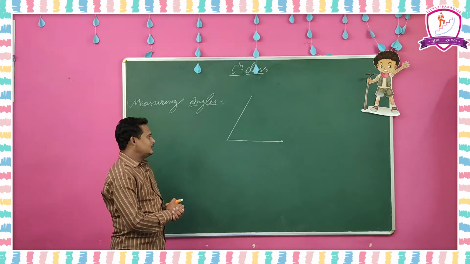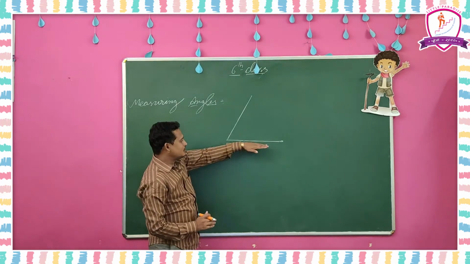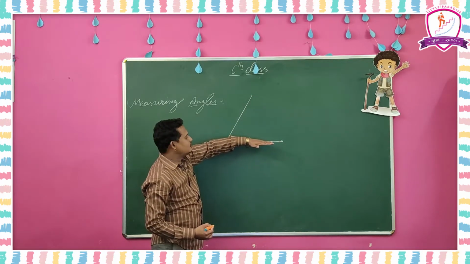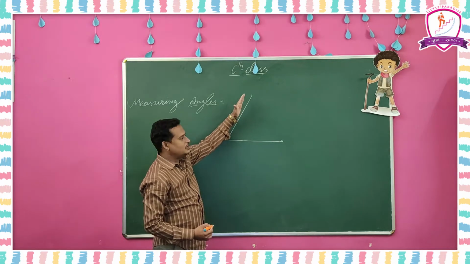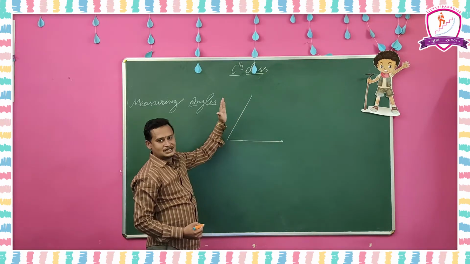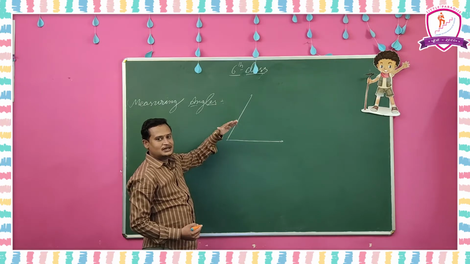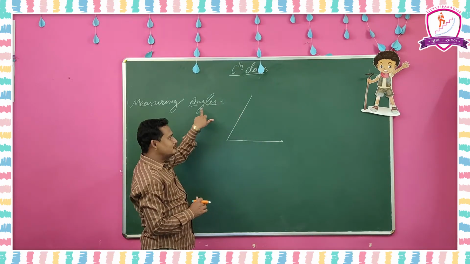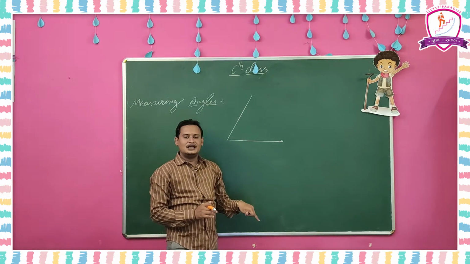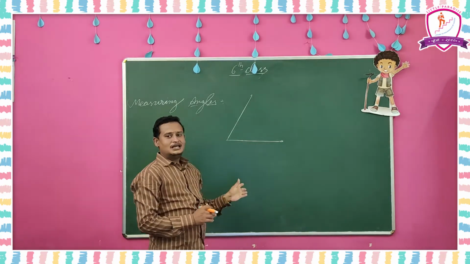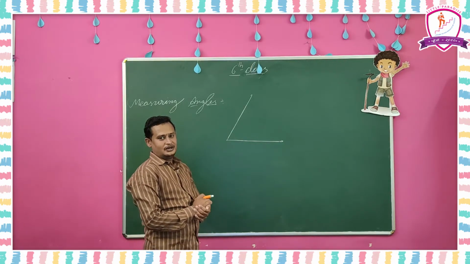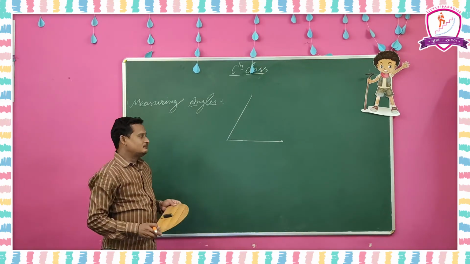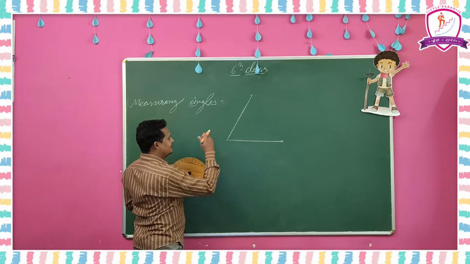So what is the angle? Already we know that it is the rotation from this ray. This ray starts from here, and if it is rotated up to here, it stops here. So some rotation was completed in between. What is rotation? We can express rotation in degrees only. If the rotation is completed fully, that rotation is equal to 360 degrees. Since it stopped up to here, we can use this protractor and find how much rotation was completed by this ray.